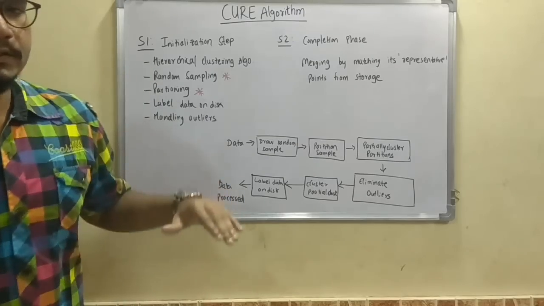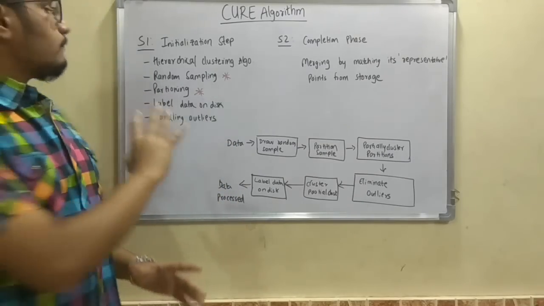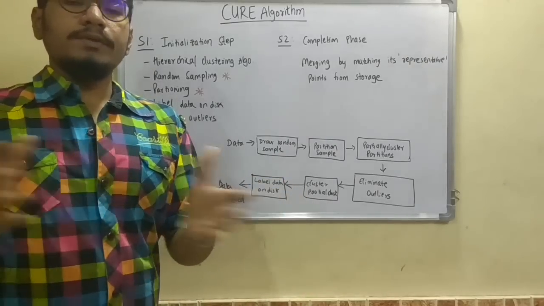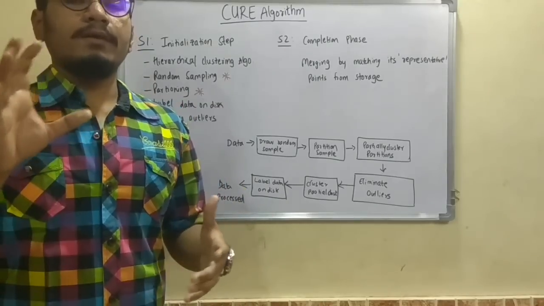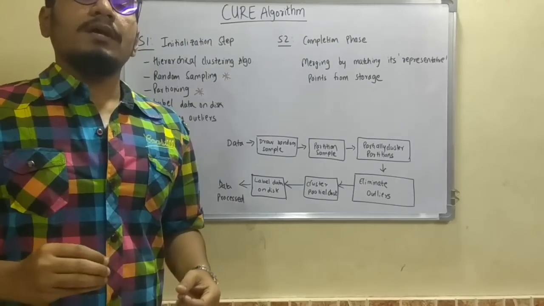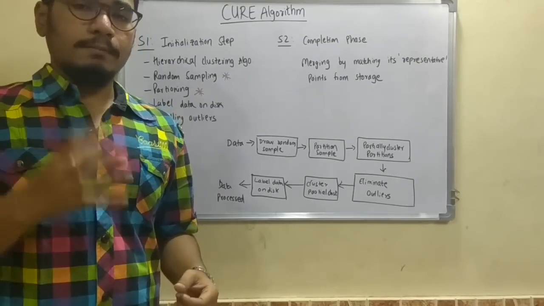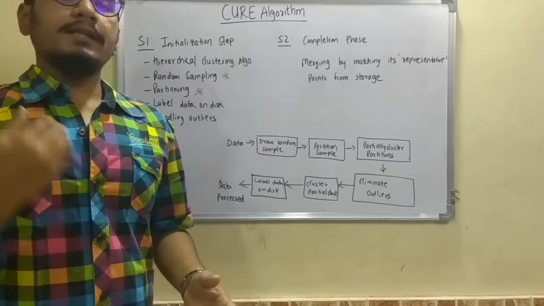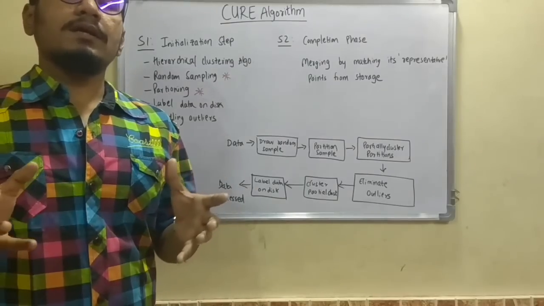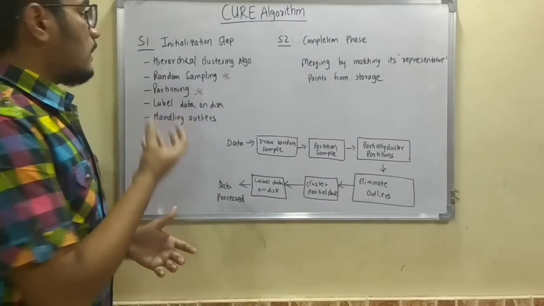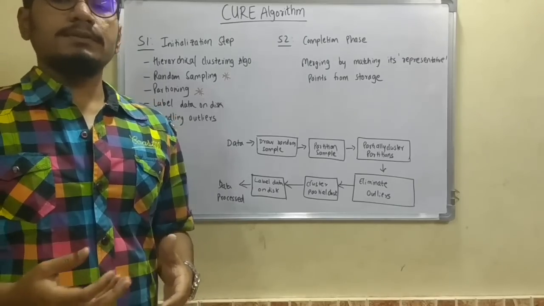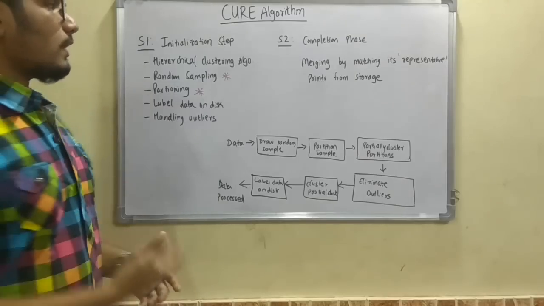Next we move on to partitioning. This has the same weightage as random sampling. Partitioning divides the clusters into different numbers of partitions. For example, we can have p partitions, and each partition will have a size of n by p, that is, the number of points divided by the number of partitions, and then it does random sampling again on each partition. This partitioning is done in the CURE algorithm for reduced time and faster execution.